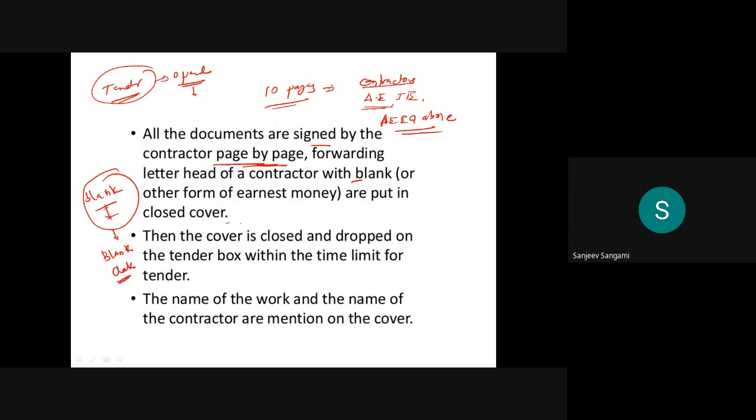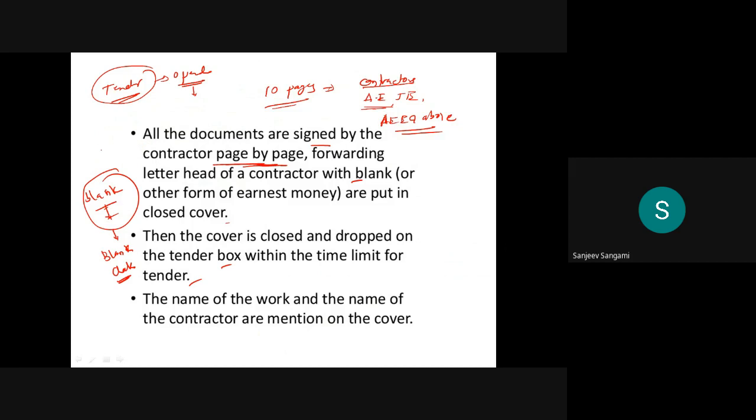Then the cover is closed and dropped into a tender box within the time limit for the tender. I already said that the tender has to be opened in front of the committee, and it has to be signed by the committee also. Once it is opened, the details quoted by the contractor have to be uploaded on the internet, on the government website, where online software is there to upload it.